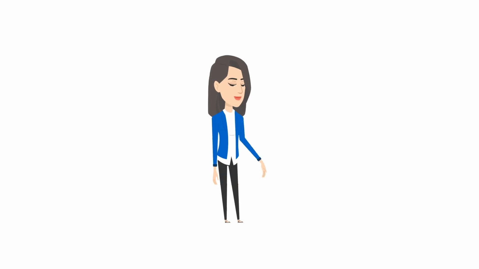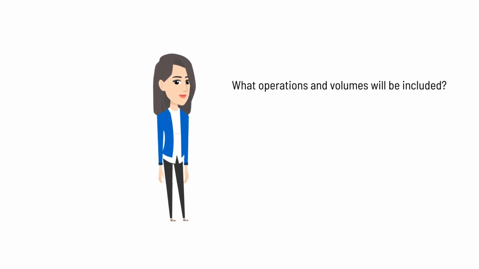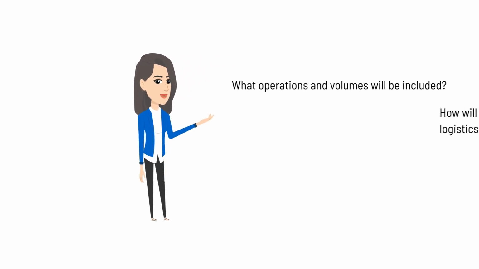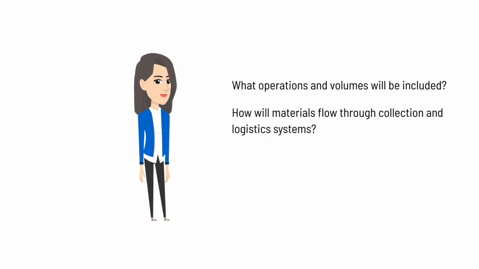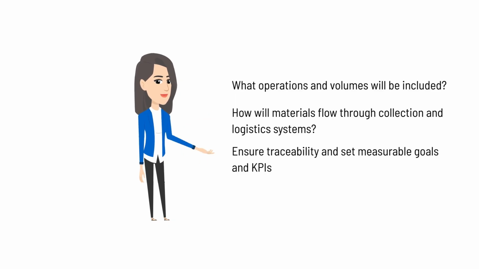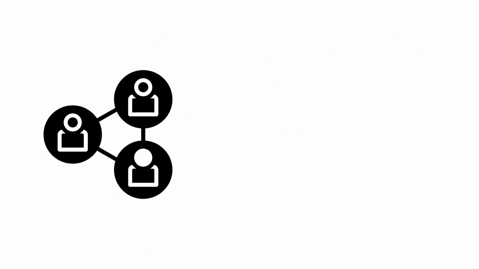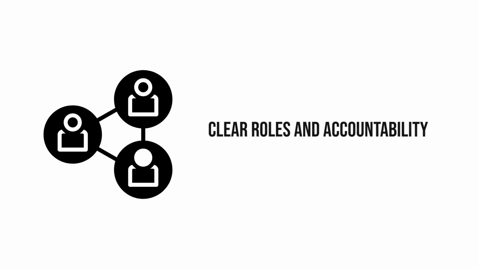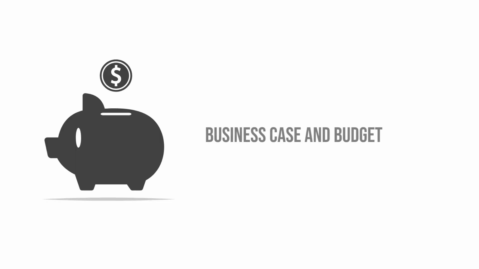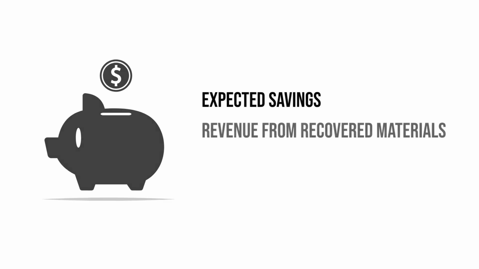Delimit the scope of your initiative. What operations and volumes will be included, and how will materials flow through collection and logistics systems? Document all steps, ensure traceability, and set measurable goals in KPIs, like the percentage of waste diverted from landfill or materials recovered. Define a governance model with clear roles and accountability. Finally, develop a business case and preliminary budget to sustain the investment, including expected savings, potential revenue from recovered materials,